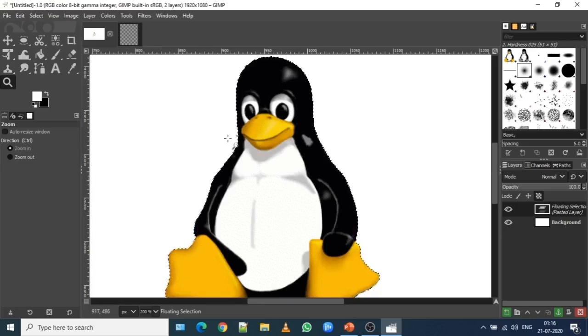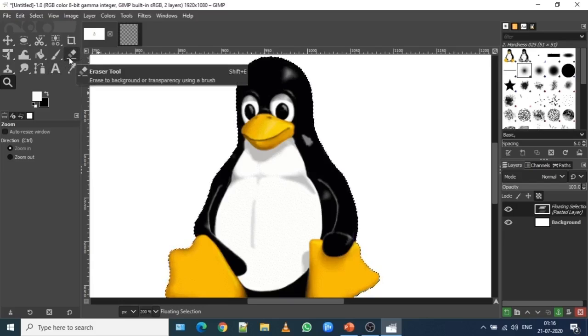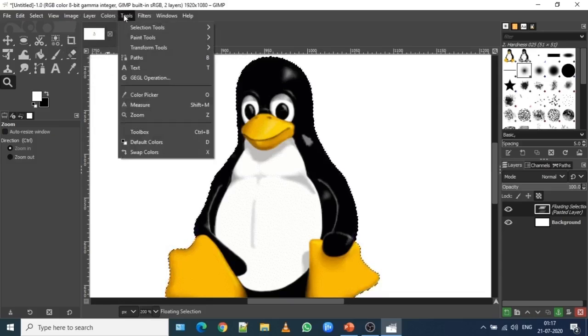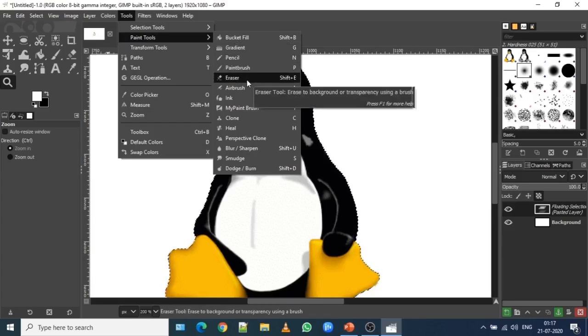So in order to select the eraser tool, in the tool option menu you will find the eraser tool over here. The shortcut key for the eraser tool is Shift E, and the formal method is to go to the tool menu, click on tool option, then in paint tools you will find the eraser tool.